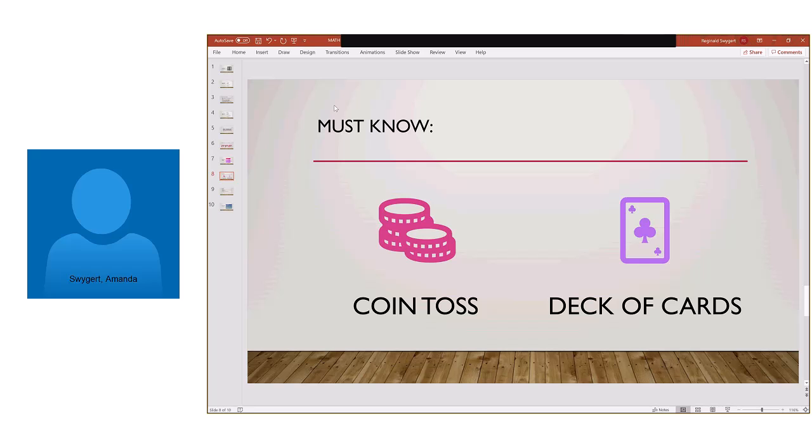So that means you should be able to figure out any combination of things that they ask you. Black, red, suits, the face cards. Those are your jacks, your queens, your kings, your aces. They're going to ask you probability questions based on those. So you really need to know the makeup of the deck of cards. Okay, let's look at some examples with those.